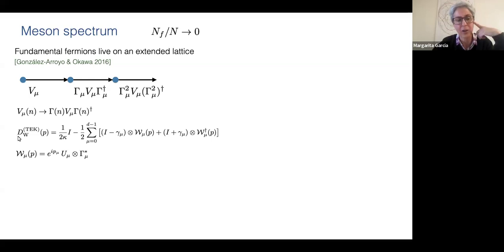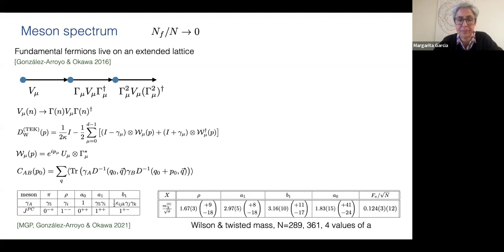So you have a Dirac operator analogous to the Wilson Dirac operator on the lattice. This, for instance, is the Wilson term. But now you have some matrices that depend on momentum in this way, some phases, the links, and then these are the twist matrices that are representing translations, basically. So using this Dirac operator, one can construct meson correlators on the lattice and extract masses in that case. We have done this for several states, for instance, the pion, the rho, and these states, A0, A1, B1, that have these spin representations, obtaining results that I'm not going to discuss.